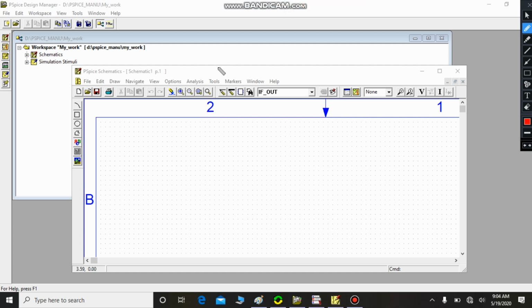Hello everyone. Today I would like to demonstrate the working of PSpice software by showing you how to implement and simulate the fundamental digital circuits like AND gate, OR gate, NOT gate, NAND gate, XOR gate, XNOR gate. Assuming that everyone knows how to handle the PSpice software, I would like to demonstrate the simulation of these basic